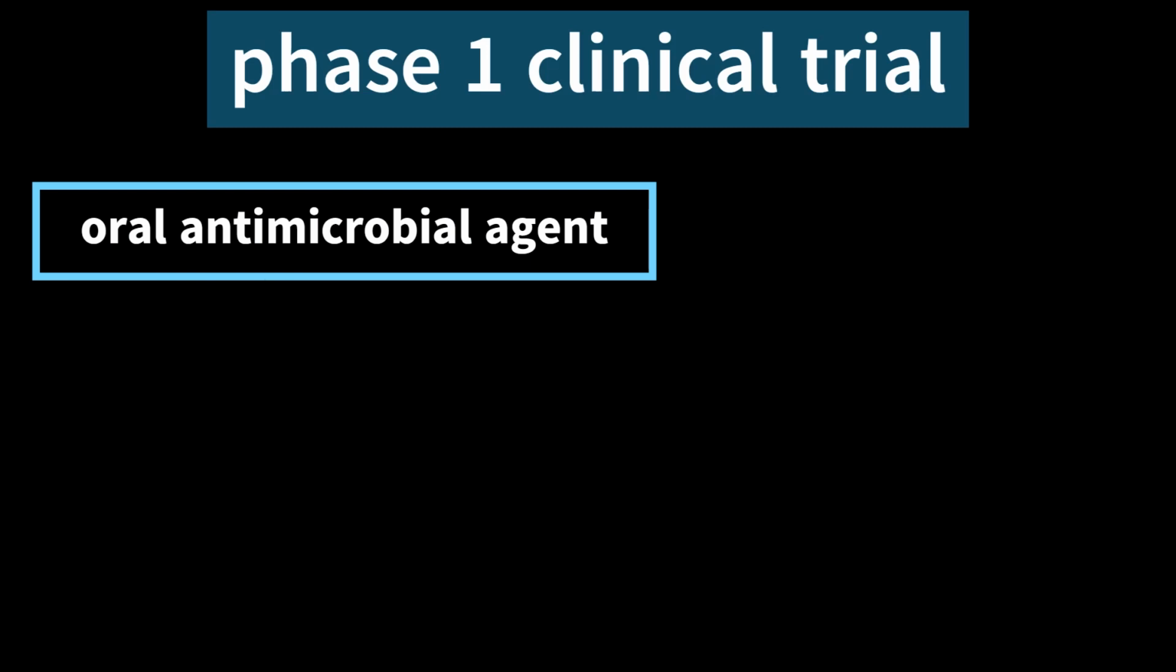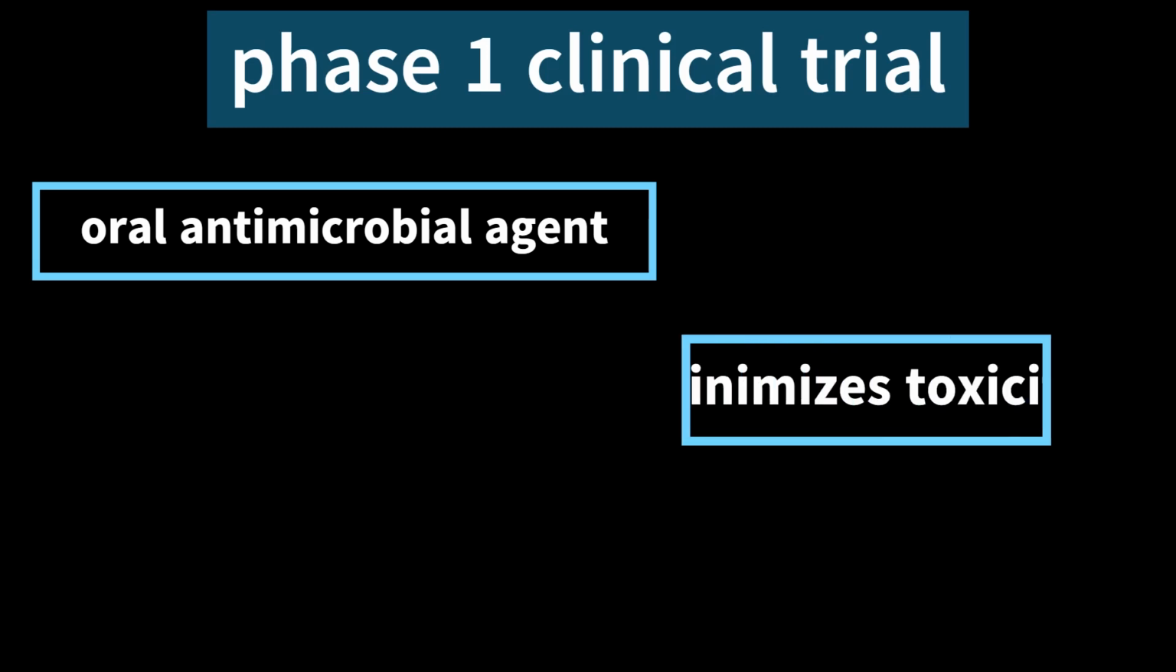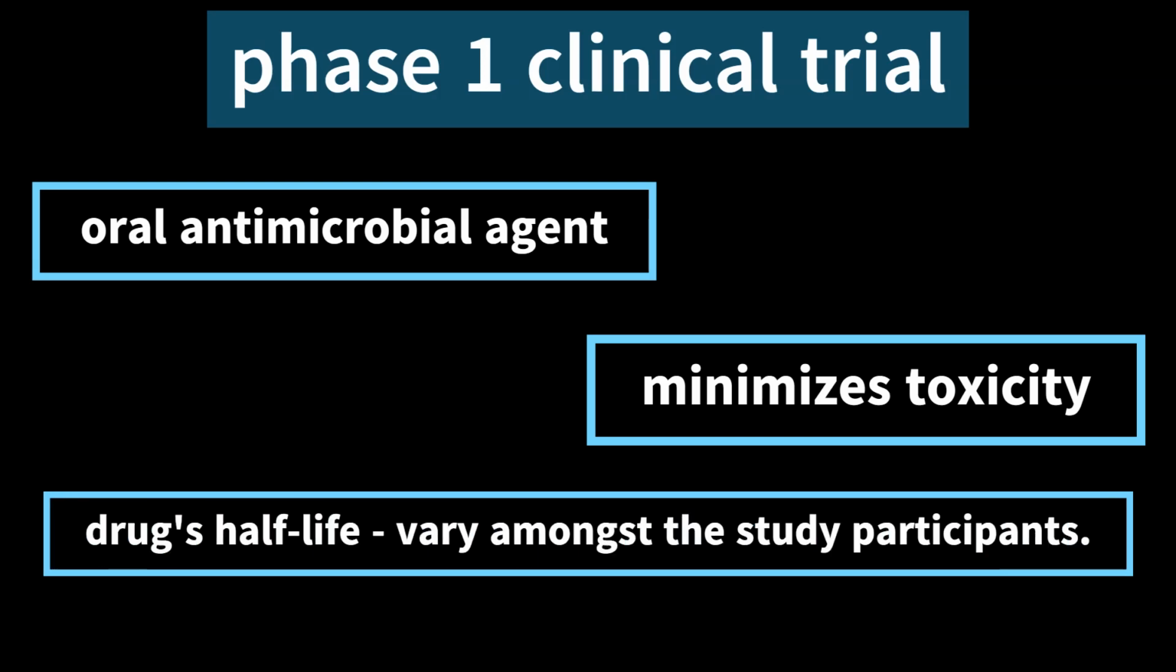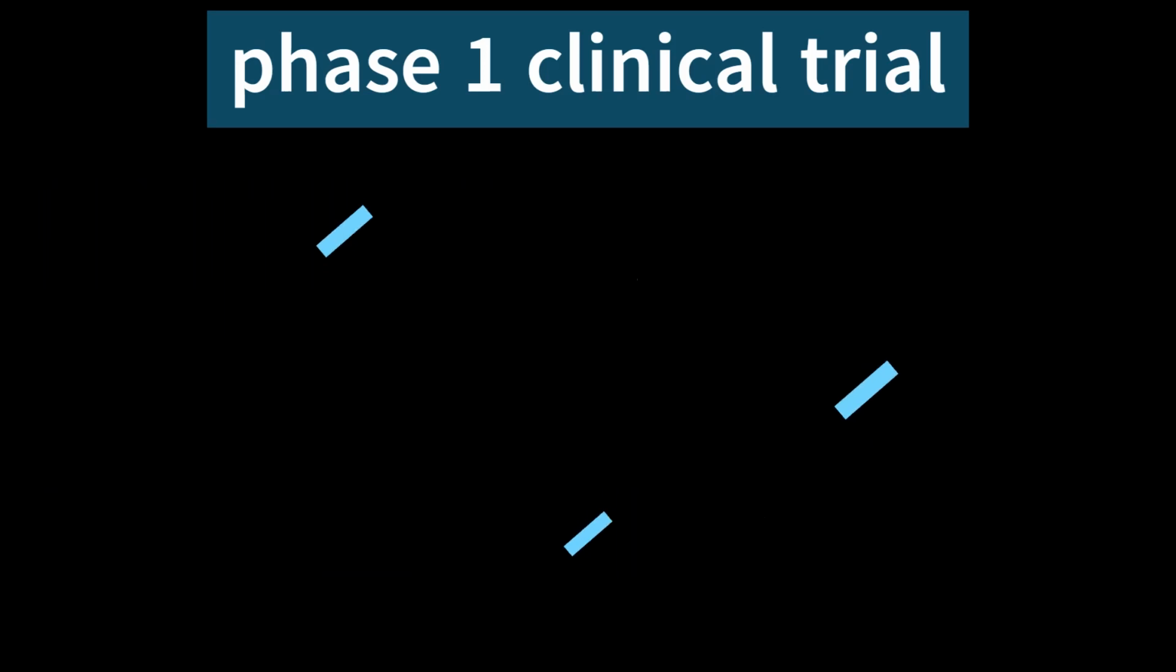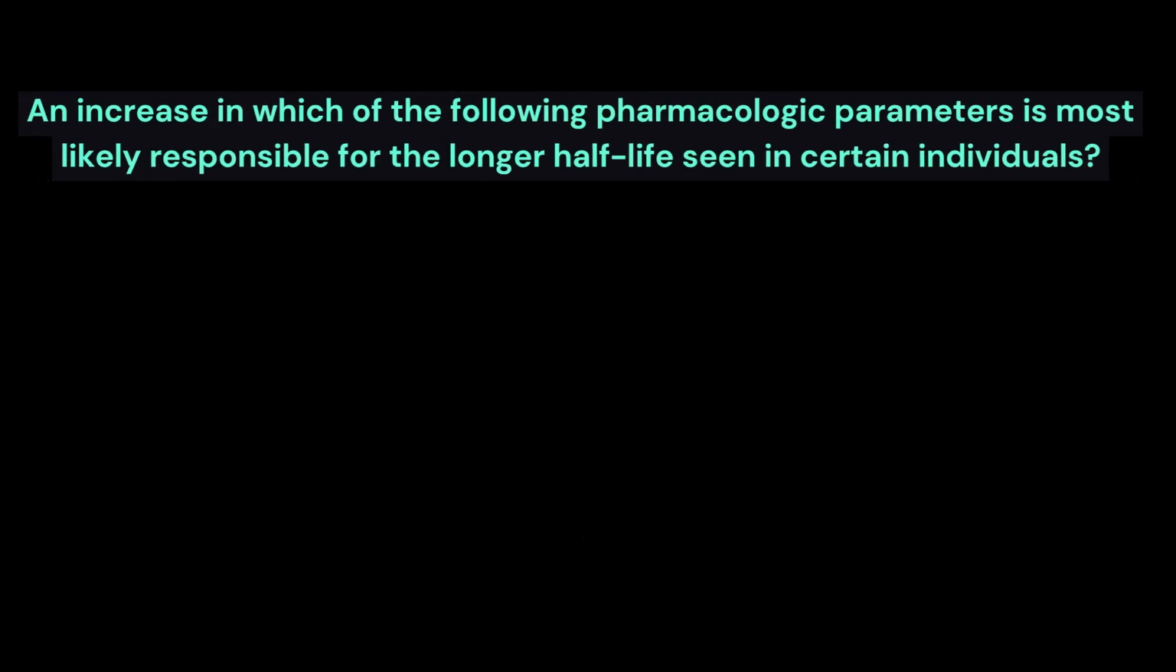The drug is administered in different amounts to the volunteers over the course of several weeks to determine the best dosage that minimizes toxicity while maintaining trough levels above the minimum inhibitory concentration. While reviewing the data, the researchers note that the drug's half-life seems to vary amongst the study participants. The question is: an increase in which of the following pharmacologic parameters is most likely responsible for the longer half-life